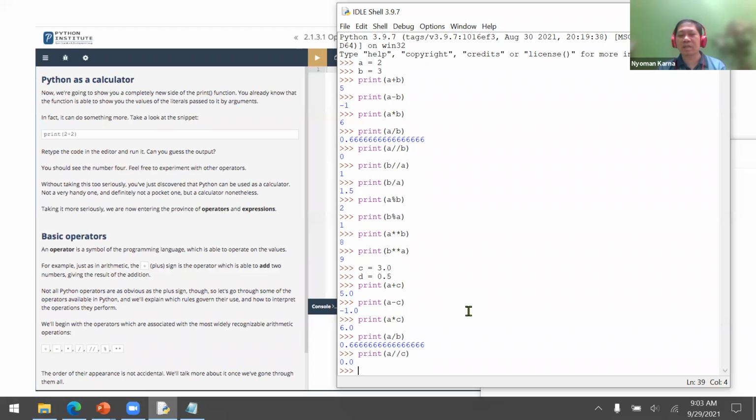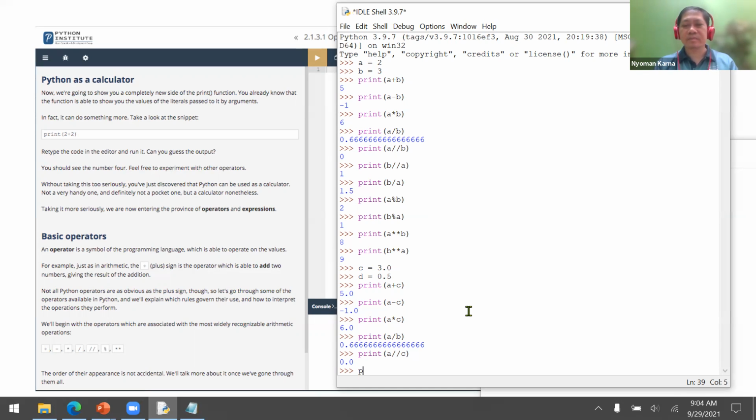So actually, an integer division, it returns not integer type, but it can also return a float type number. Depend on the argument or parameter. A integer division or double slash C, because C is a float, then it will return 0.0.